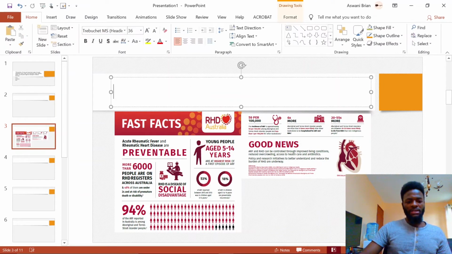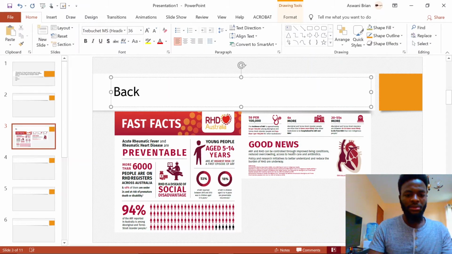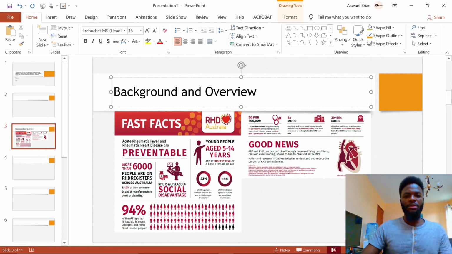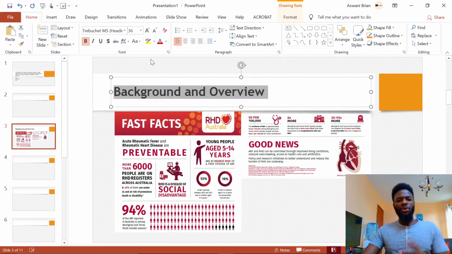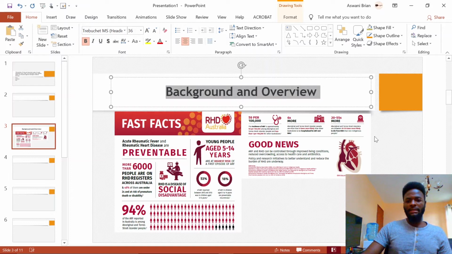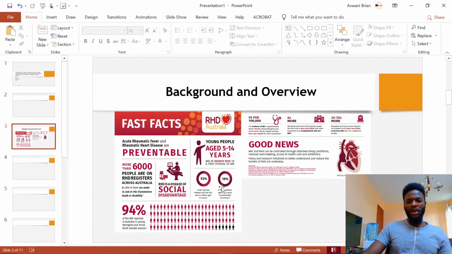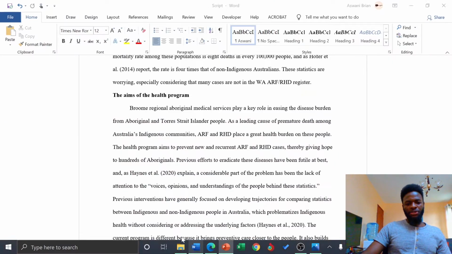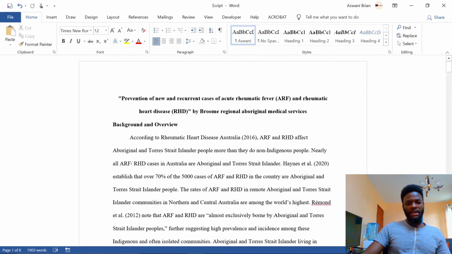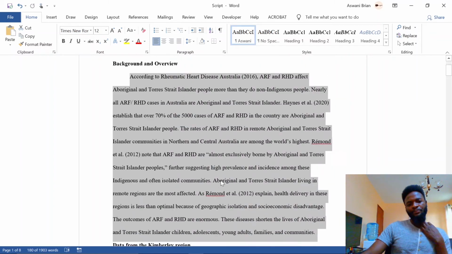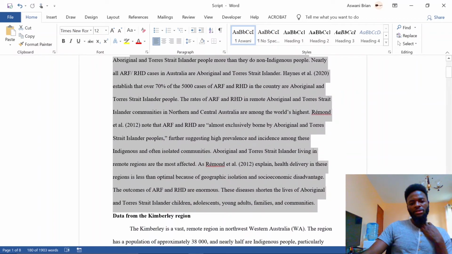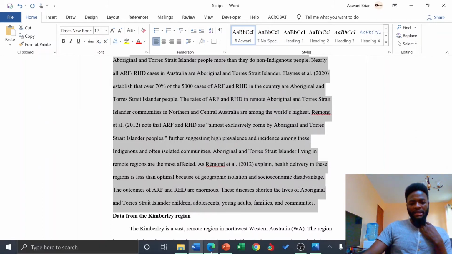Once I have this, of course, this one I'm supposed to type here: background and overview. Then it depends how you want it to look. For me, I prefer bold facing it and then just centering it so that it looks like a title. So I have this. So this information is what is contained here. Basically, the description of that image is in this paragraph here. So what I want to do, I just want to copy this and paste it in the speaker